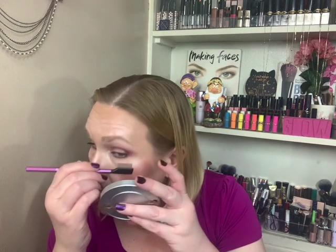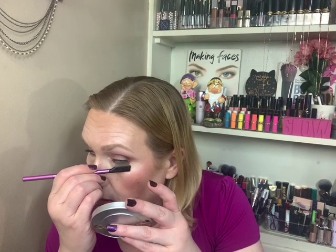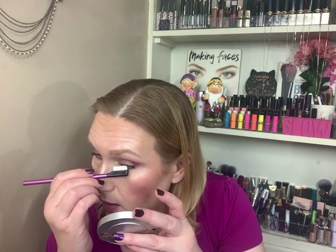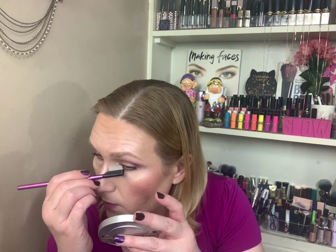But you can see that this is just going right through them. It picks them up and goes right through them and takes off any clumps. Once it does that, now I do have a little bit of mascara that fell, which I don't really care about because I don't know if you can see it right through here. There's a little bit of black dots and stuff. It doesn't really bother me because I just take this and